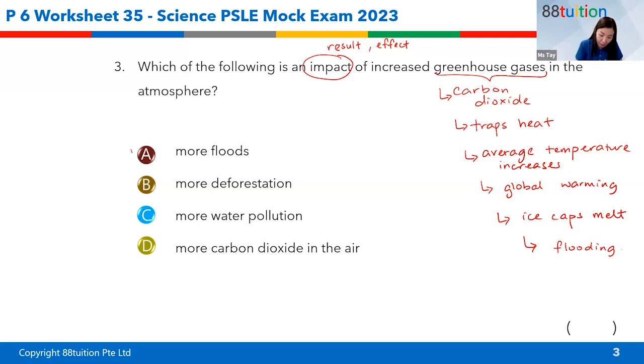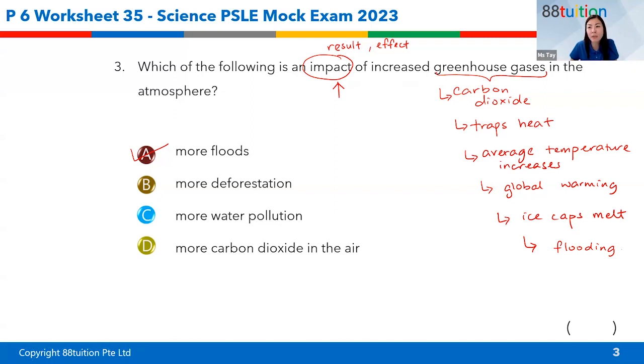Okay, now, people who got this wrong, you got it wrong because you are thinking of what causes greenhouse gases, what's the source of greenhouse gases, right? So you are thinking about the source, but they are asking you for the effect. They are asking you for the impact. They are asking you what is the result of having all these greenhouse gases. So I have already described to you what will happen. Okay, so if you don't know this word, it is very dangerous for you.